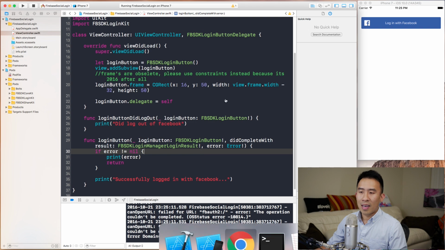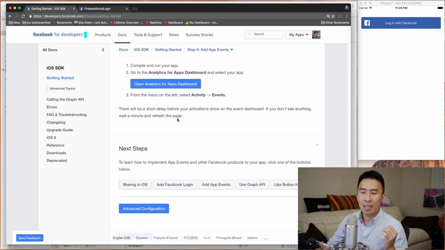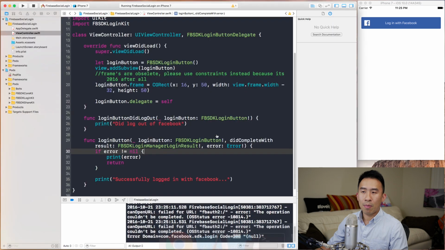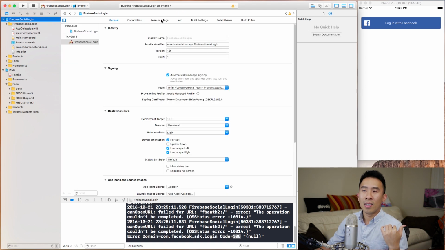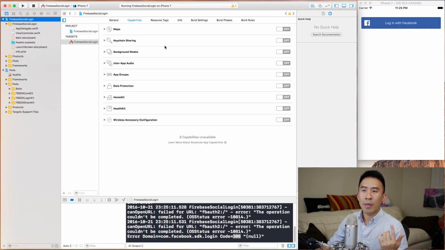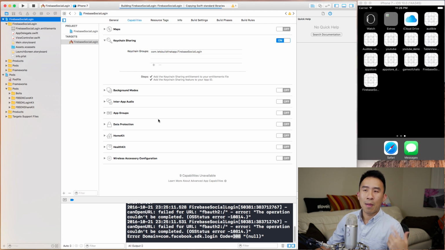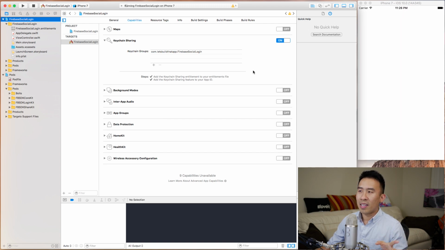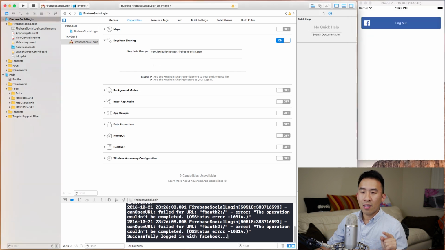So one thing I noticed is that the guide is missing a couple of things with the application. And the first of which might be to actually enable this thing called keychain sharing. So I'm going to do this and hit info or capabilities. And inside of Xcode 8, sometimes you just have to enable that before the application will have access to the keychain. So I'm not exactly sure why that is, but turning that on and hitting OK,